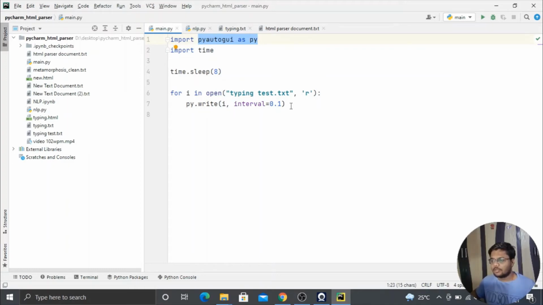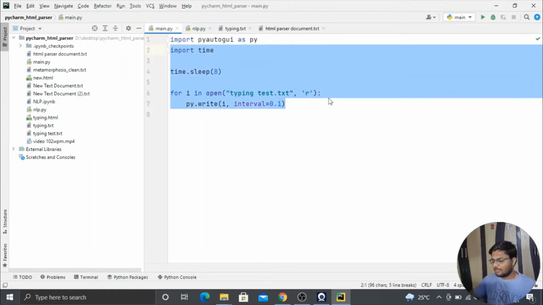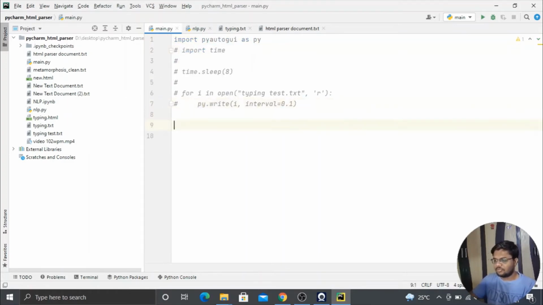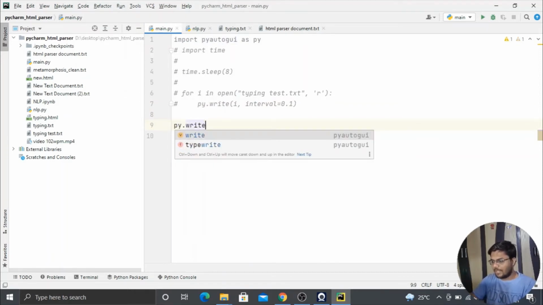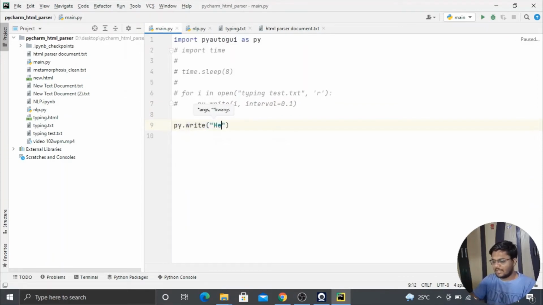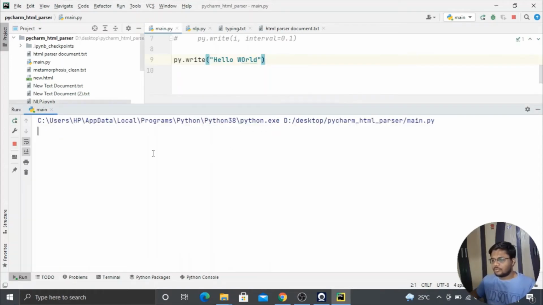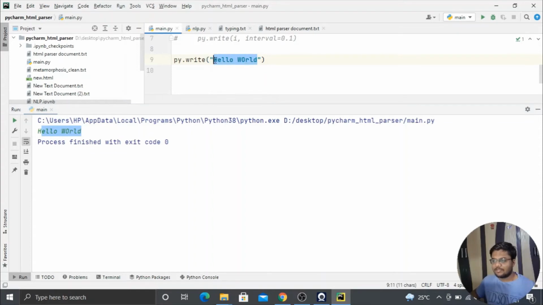So what this program does is, let me comment this out, and first let me show you the use of this library. If I write py.write hello world, and if I execute this program, wherever your mouse is, this will automatically type the particular string that you pass over here.